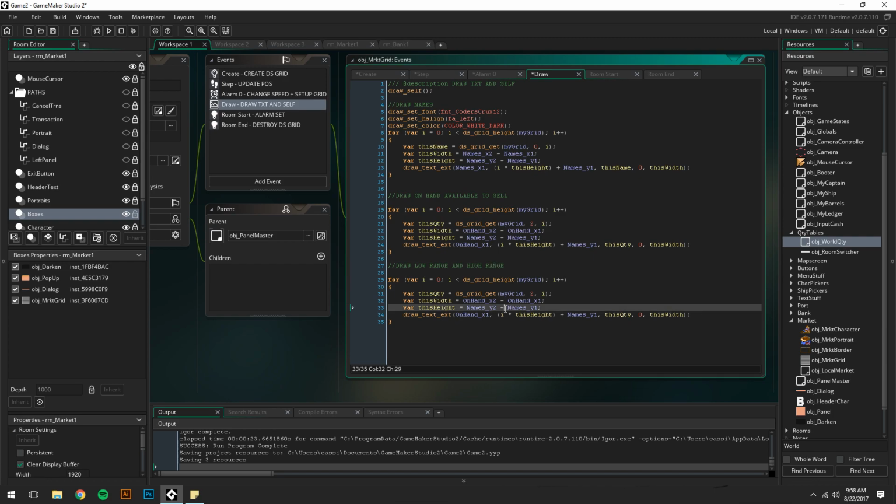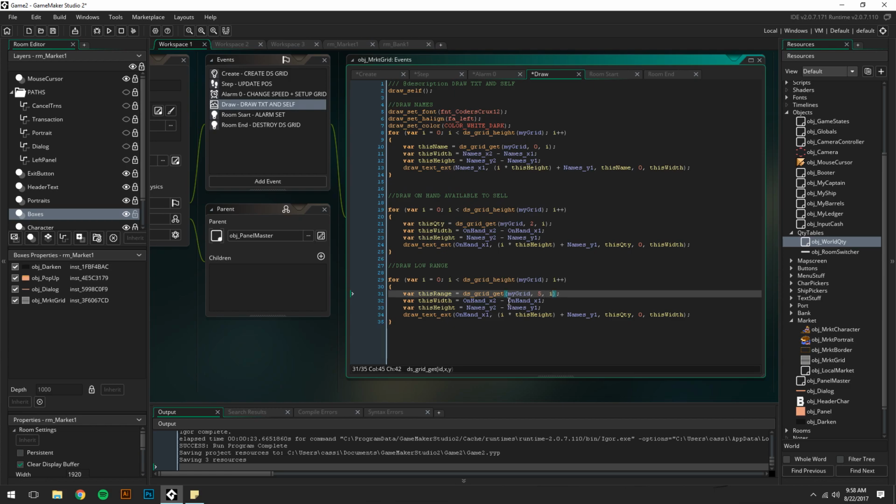We're actually gonna go just one at a time. Draw low range. So we're gonna set up our bars. So instead of this quantity, it's this range, and it's going to be equal to my grid,